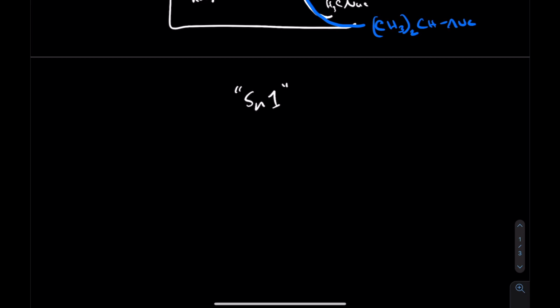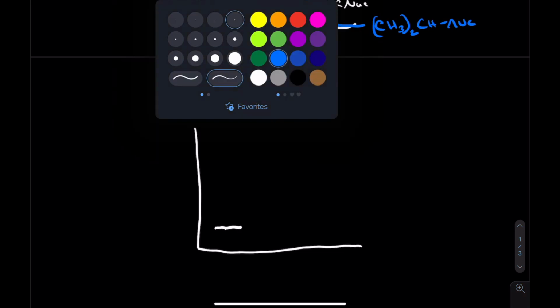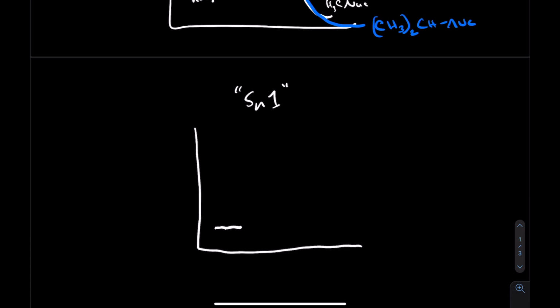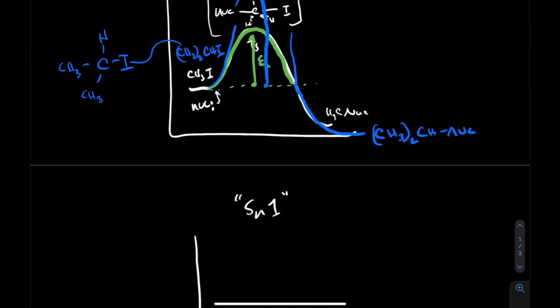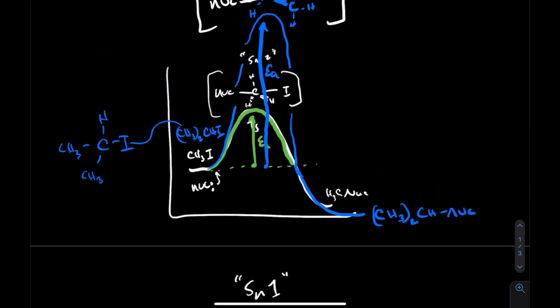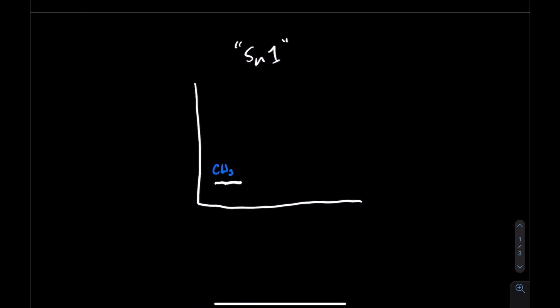And the SN1 reaction path, instead of trying to get everything done at once, undergoes a stepwise process, where instead of having two things coming together, bonking each other at the same time, you're just going to start out with just one, instead of two, right? Instead of starting off with two things and trying to smash them together, you're just going to start off with one, and that is our